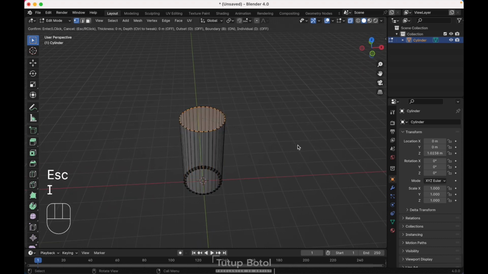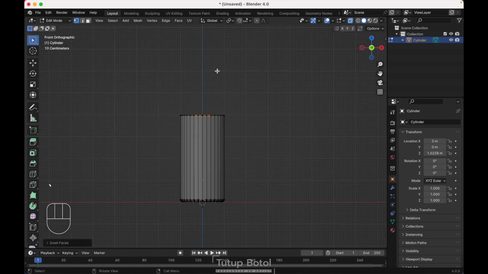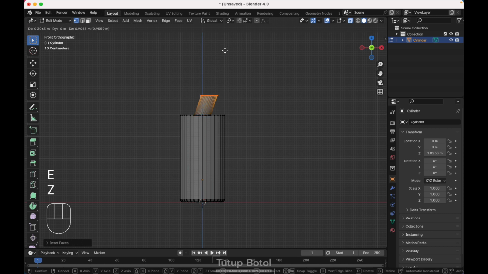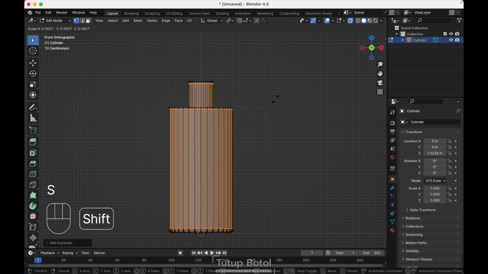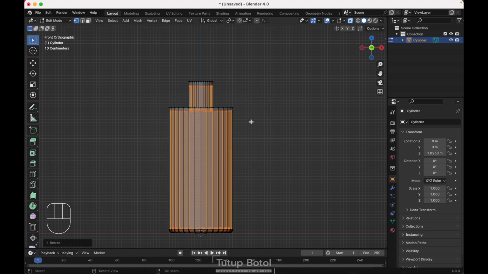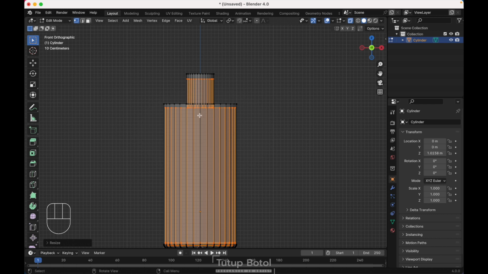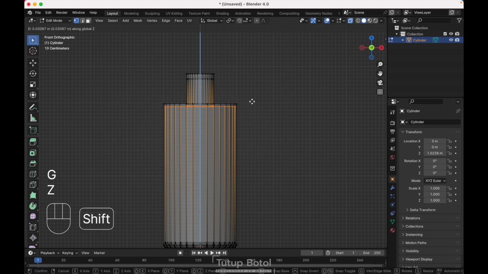press I to insert, just like this, press E again, Z, extrude it on the Z axis. Press A to select everything, press Shift D to duplicate it, S to scale it just a little bit, scale it like this, and select all of this edge at the inside, press G Z, move it up a little bit,